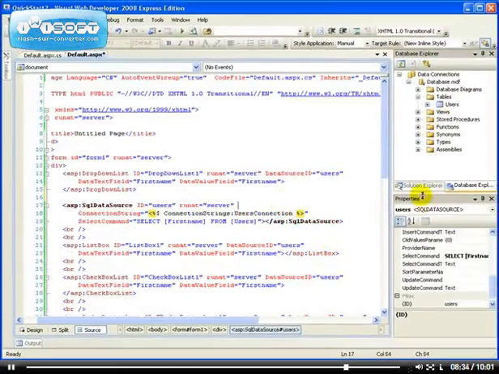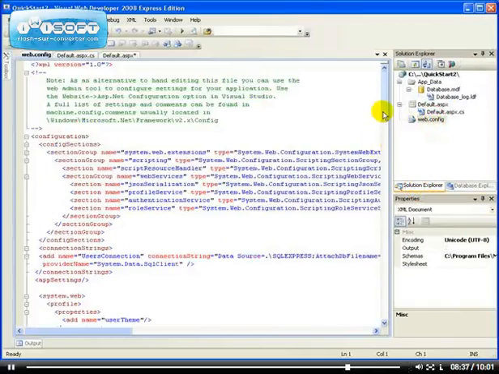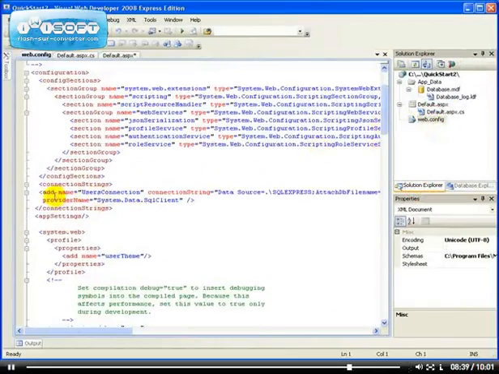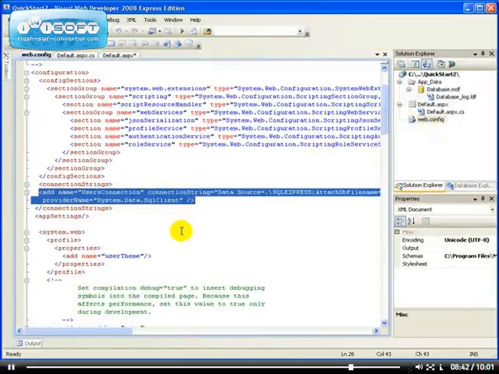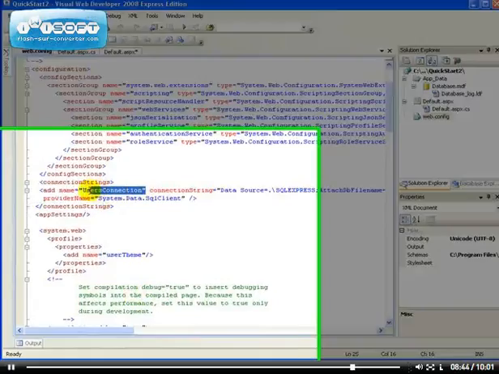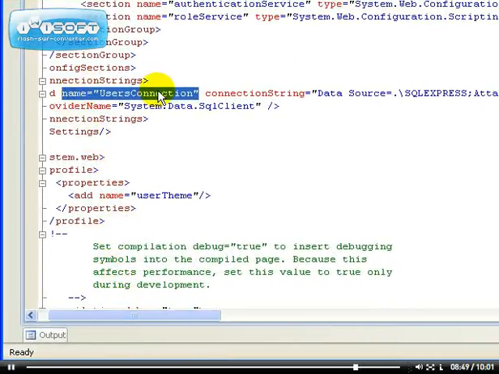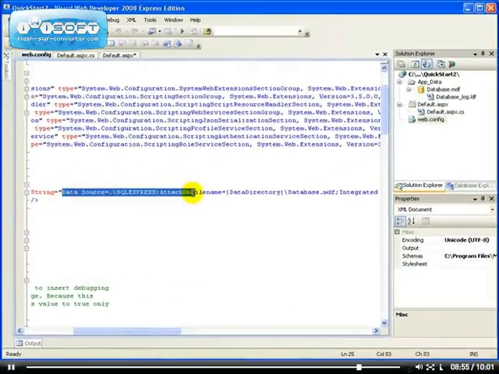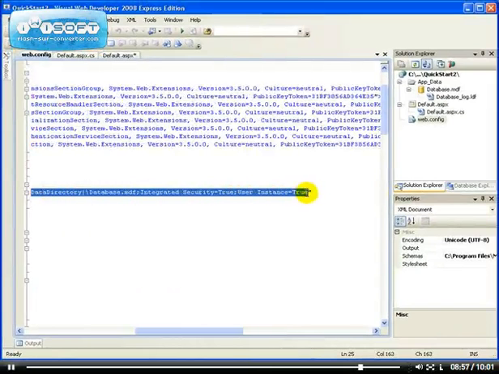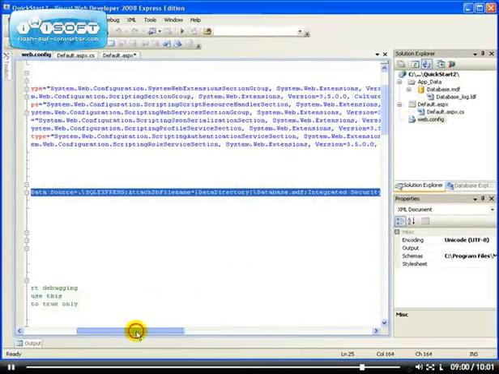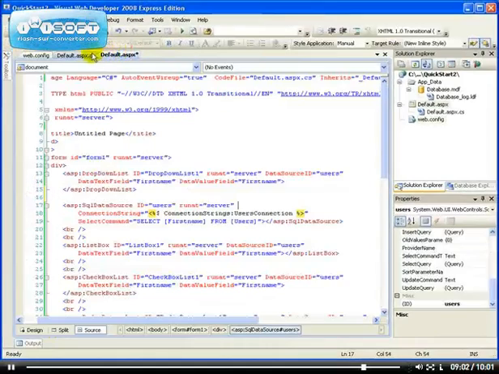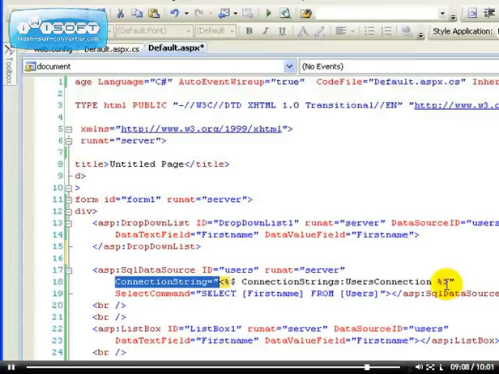So also let me show you the web.config file. You can see that we have a connection string that has been saved for us. Because I called it users connection, that means you can connect to different databases. So as you can see now, we have this one. I've saved it as users connection, and this is the connection string that it uses. So if you go back to the default.aspx as well, you can see that our connection string points to users connection. So it's using this statement there, as you see,